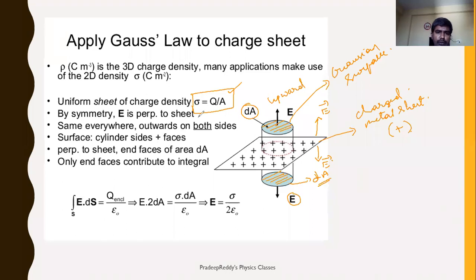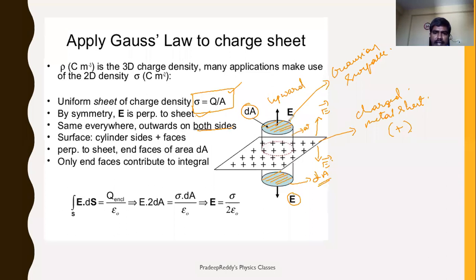That is also known to you, right? And you should construct a Gaussian surface, and that Gaussian surface is extended in such a way it covers some part of the metallic sheet on both sides. So both sides you have some area. Okay. Next. So in order to consider the total surface area of this Gaussian surface, this is area.